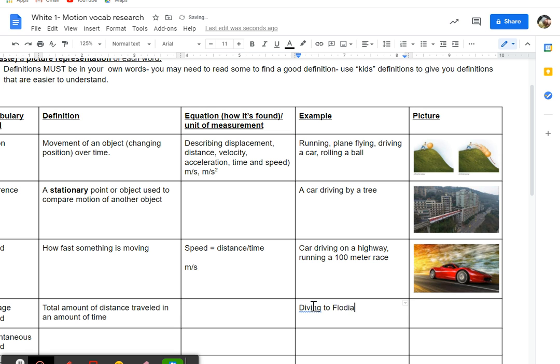Okay, so in a car race where you're going around, if you're going in circles, you're changing how fast you're going. So really anything that you're